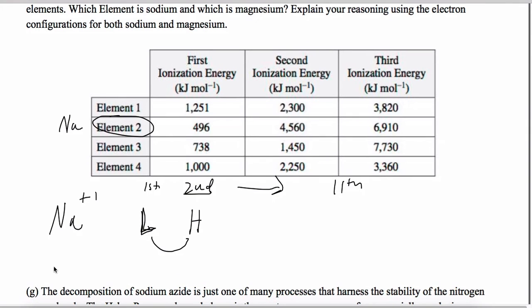Magnesium, we know in order for it to achieve the configuration of neon, it has to lose 2 electrons. So that first ionization energy is going to be fairly easy to lose. The second one is going to be fairly easy to lose. And everything from the 3rd to the 12th is going to be a high value. So that looks like it's going to be,